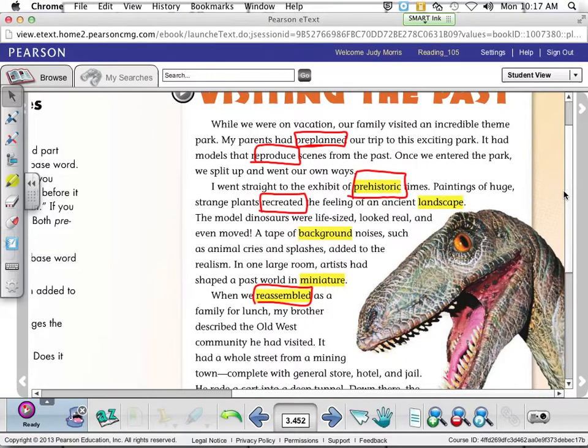What does it mean to recreate? It says paintings of huge, strange plants recreated the feeling of an ancient landscape. How many of you guys would be able to go to the ancient landscapes in that time? No one. So if they're recreating the feeling, recreate means to create again. Okay? Reassembled. Re means again. What's it mean to assemble something? Good? Put together. So if your family is being reassembled,